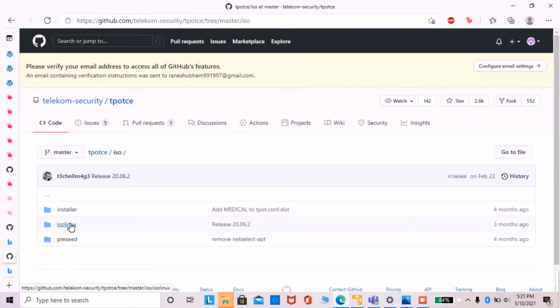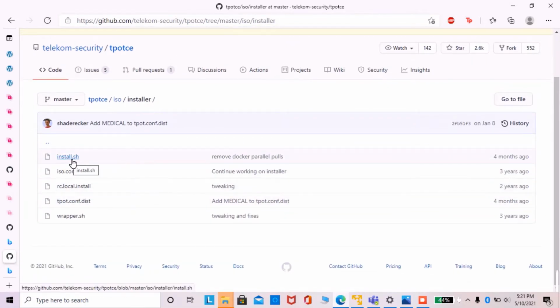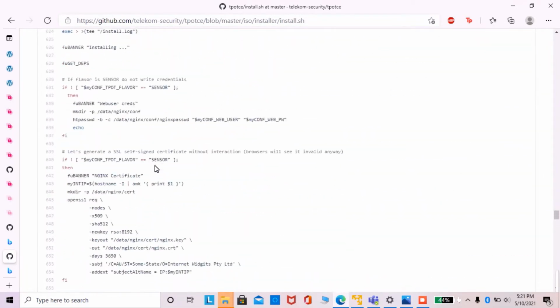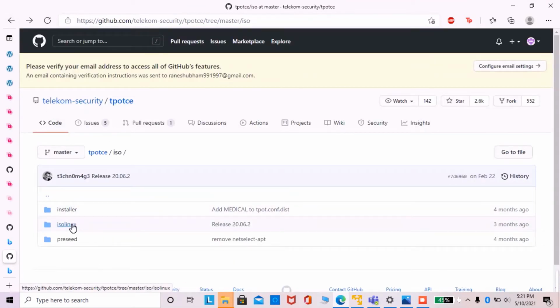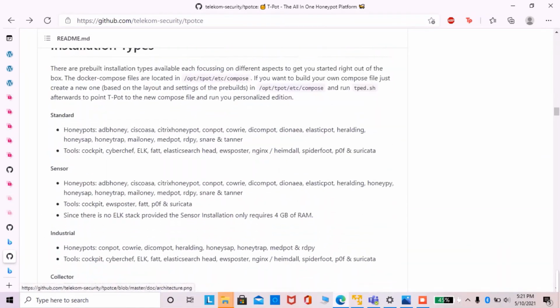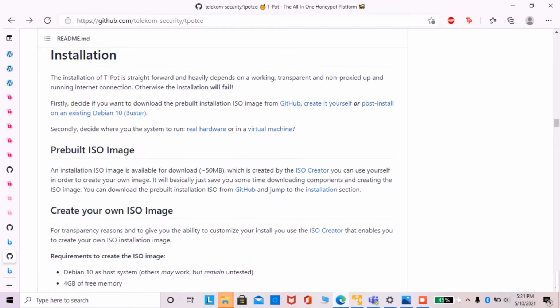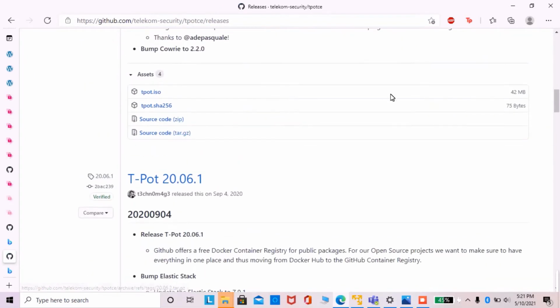Here you can find an ISO file, which is not more than 42 MB.